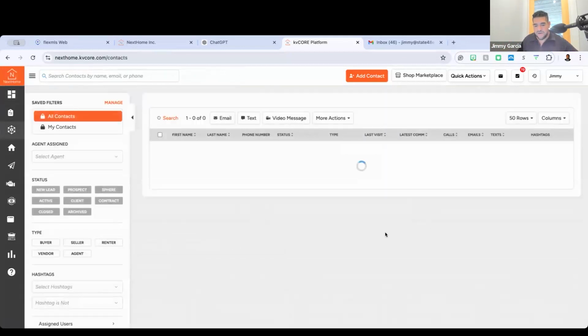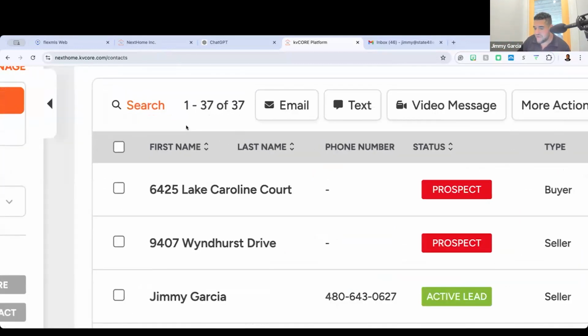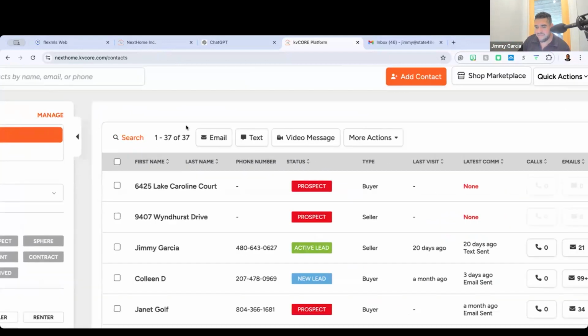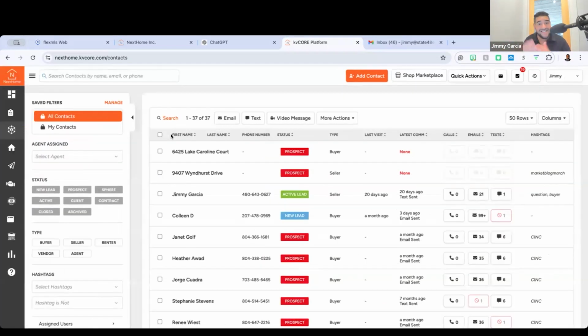Okay. And within your Smart CRM, you're going to have all of your people. Now, I have a couple of KB Cores I log into. This is the one that I use for training and coaching because it's representative of an agent who's just getting started with the system, right? Notice there's just 37 people in here. Most of the time, people are trying a different CRM out. So that's why I like using this version, because it isn't set up. It doesn't have all of the tools ready to go. So you kind of see it built out as if you're a new agent, or newer to the system. Maybe your brokerage has provided KB Core for the past couple of years and you're finally starting to use it, right? That's what this is going to be indicative of.